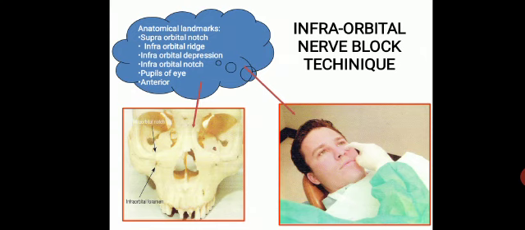Now the indications. Dental procedures involving more than 2 maxillary teeth and their overlying buccal tissue, inflammation and infection, when supraperiosteal injection has been ineffective because of dense cortical bone. The contraindication, discrete treatment areas and hemostasis of the localized area.